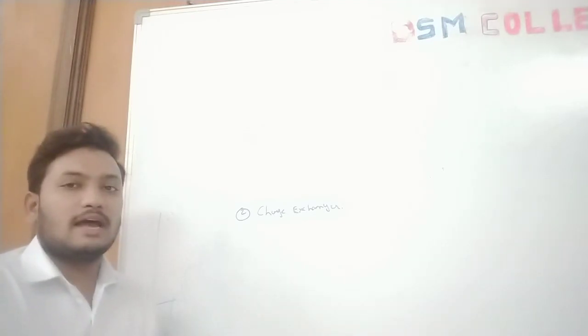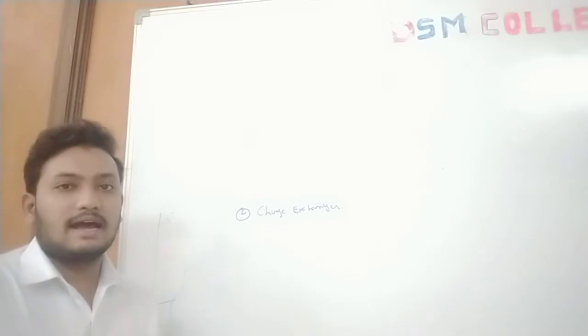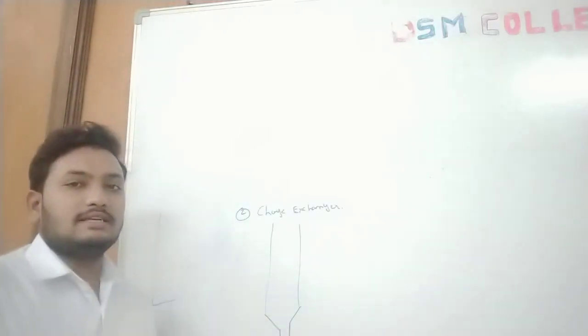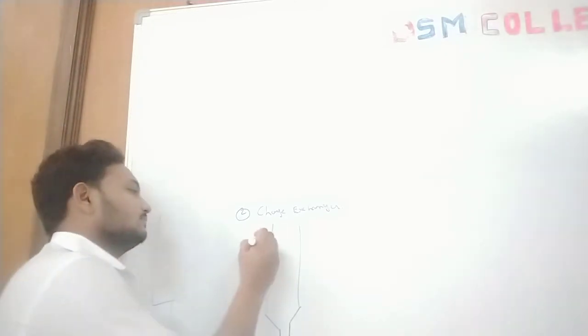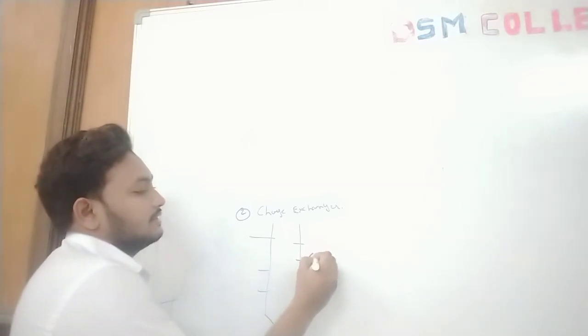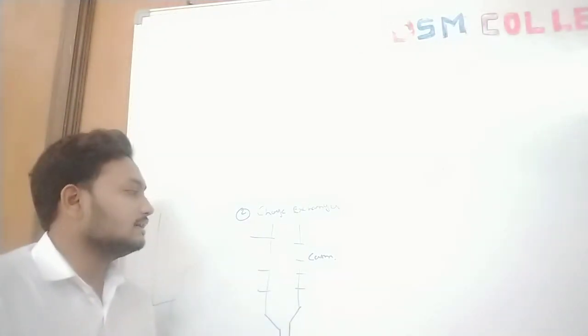We know that protein contains amino acids, and some of these amino acids are acidic in character, some are basic in nature, and some are neutral in nature. According to the characterization and specification of the protein, we design the exchangers. If the protein is acidic in nature, we design a basic exchanger with cations.